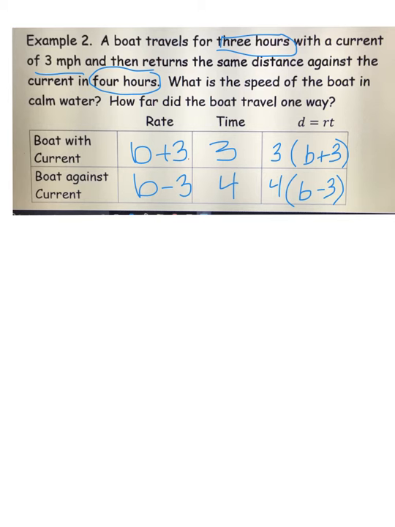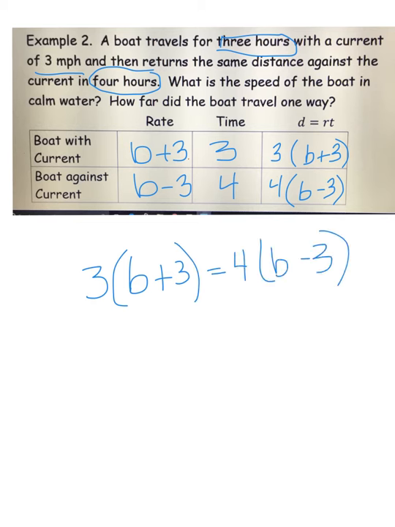So these boats are traveling in opposite directions. One's going upstream and then it's turning around and going back. So it's kind of a to and from, which means that the distances are equal. So that means that 3 times the quantity B plus 3 equals 4 times the quantity B minus 3. So we're going to distribute. 3B plus 9 equals 4B minus 12. Subtract 3B from both sides and add 12. I find out that B equals